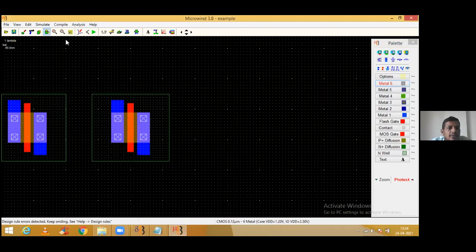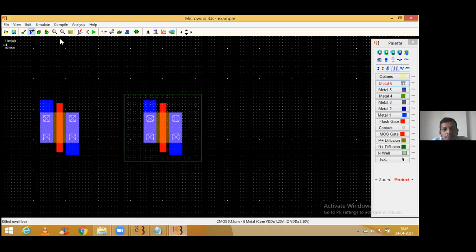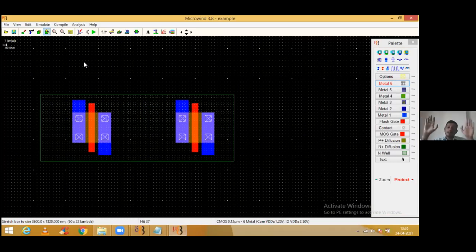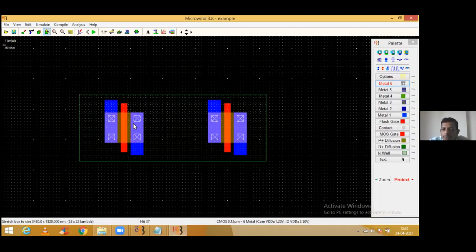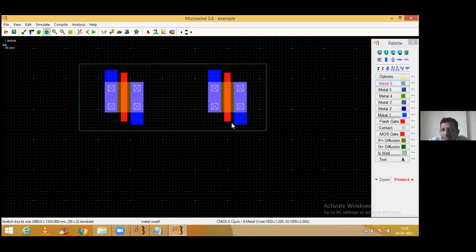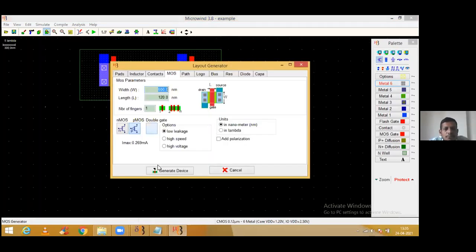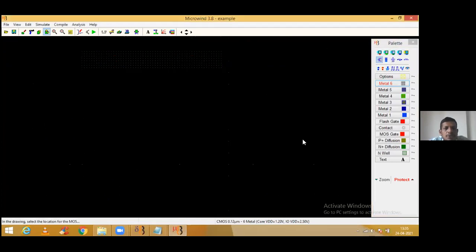Can I do it like this? I'm deleting one N-well from this side of PMOS 1. Can I use the same one for both the transistors? Guys, separation by 11 lambda is quite a distance. So what I will do, I will remove one N-well of 1 PMOS and attach the same one for both the transistors. Will it work? Definitely that is going to work. Okay, now what we need is 2 NMOS transistors, just keeping below this.